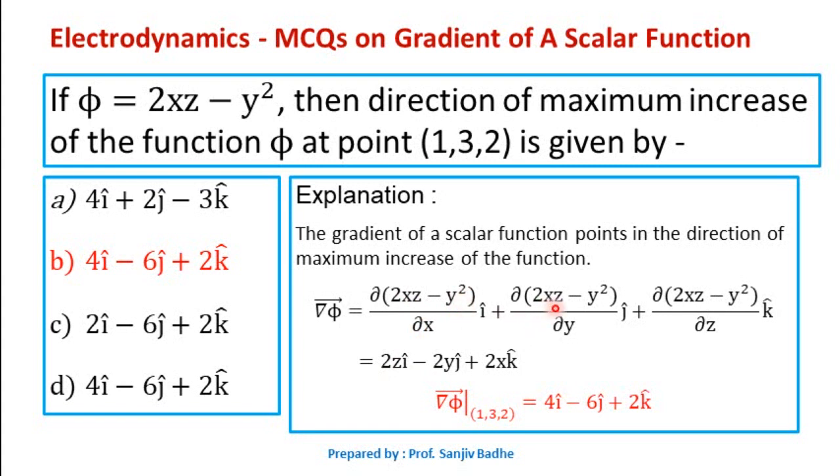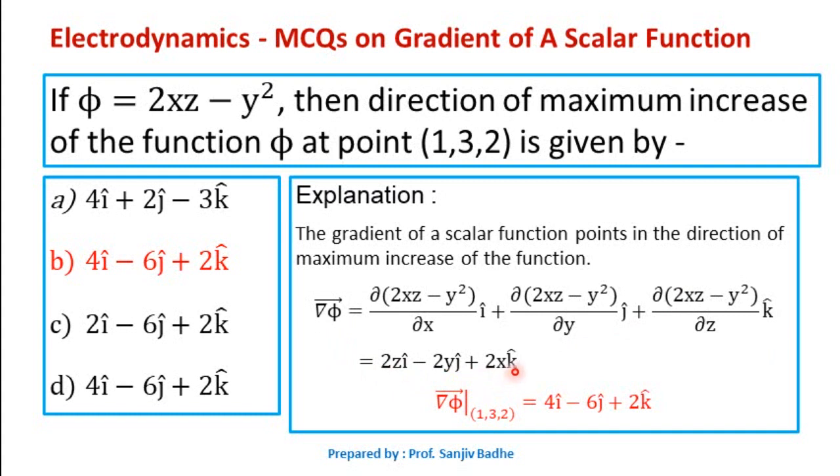When you differentiate 2xz minus y square with respect to y, now x and z are treated as constants, and therefore differentiation will result in minus 2y. When you differentiate 2xz minus y square with respect to z, now x and y are constants, and therefore the differentiation will result in 2x, and therefore gradient of phi is obtained as 2z i cap minus 2y j cap